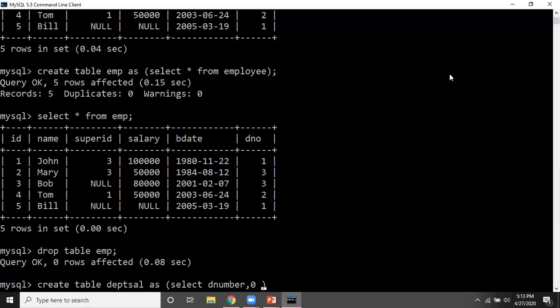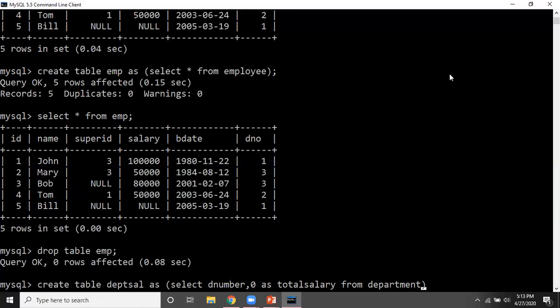Fine, so I'm mentioning 0 as total salary. So one column will come with the name total salary, and all the values for that column will be 0, from department, because the department table is not having this total salary, so I'm creating it like this.